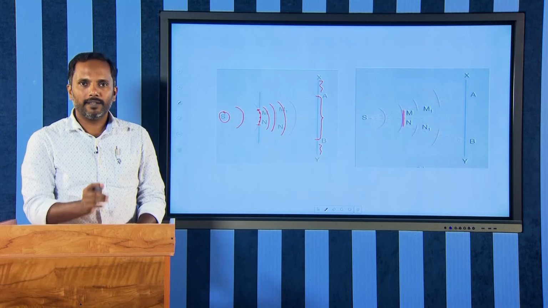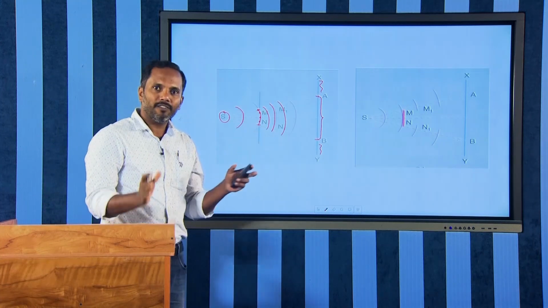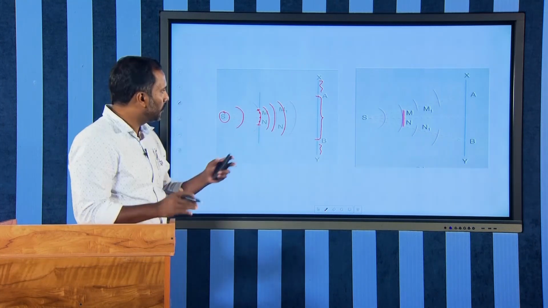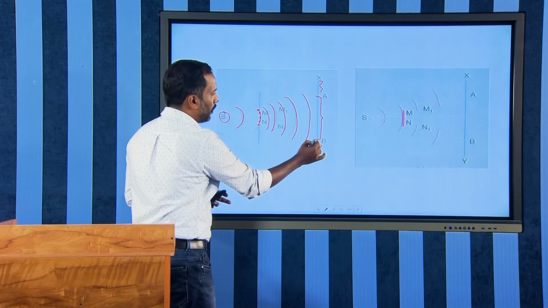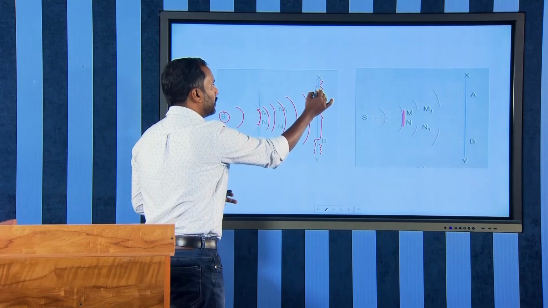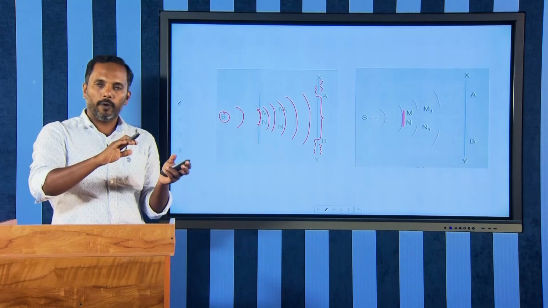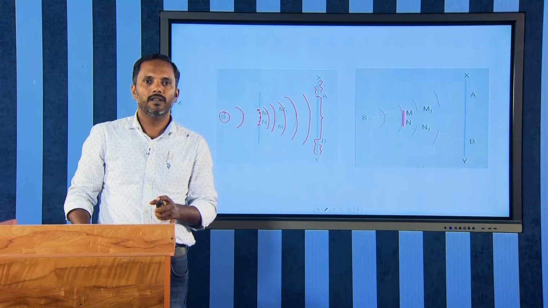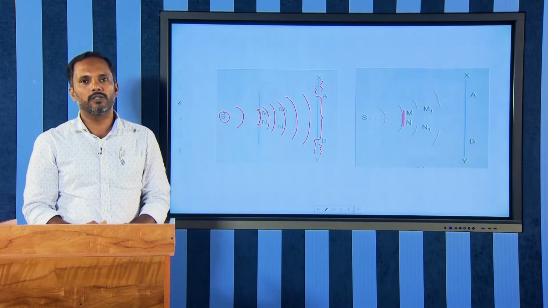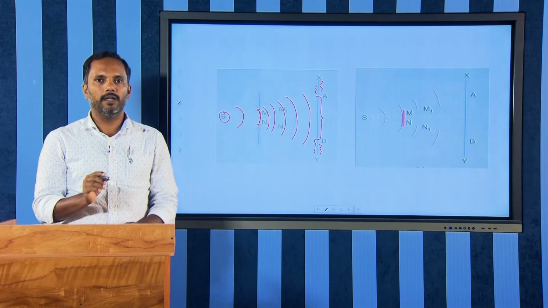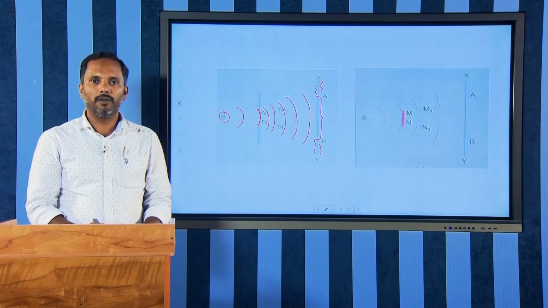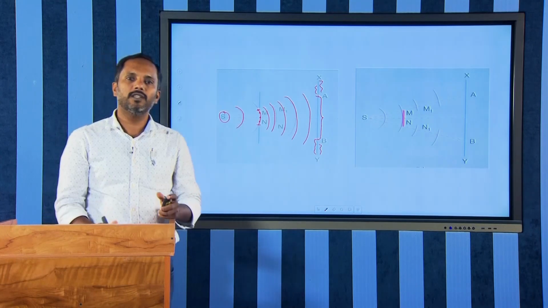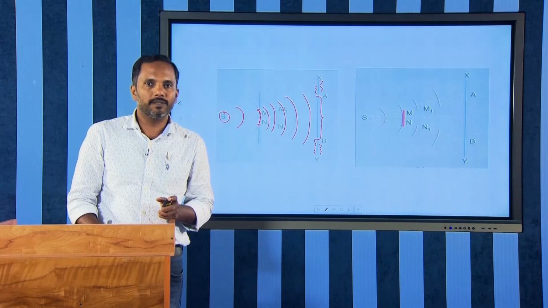That we can expect the encroachment of the light towards the geometrical shadow when it is moving. Obviously, this wavefront will be reaching in this region as well as in this region, as well as above the point A and below the point B. So, there will be an encroachment of light towards the geometrical shadow. Obviously, the shadow does not form sharp because the light is spread out towards the geometrical shadow region,